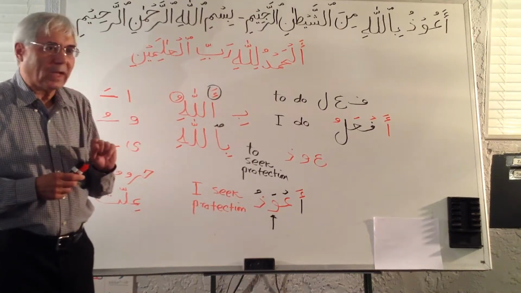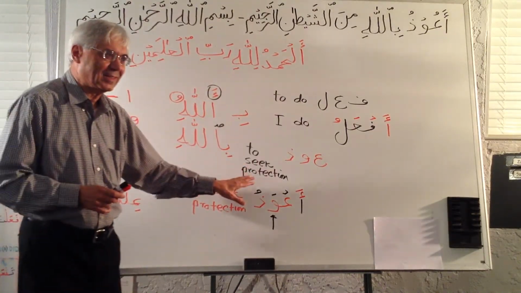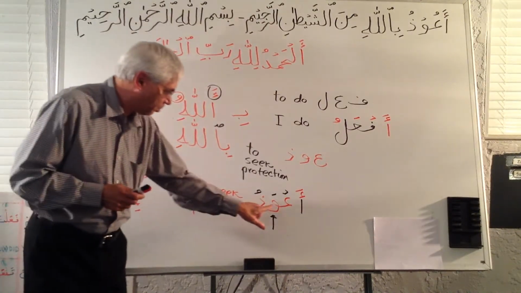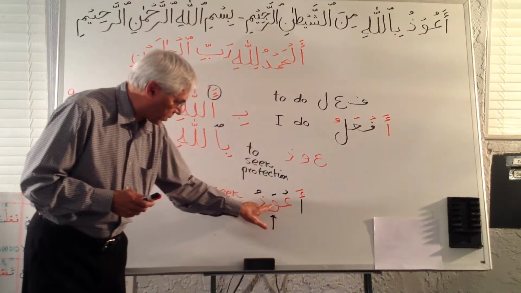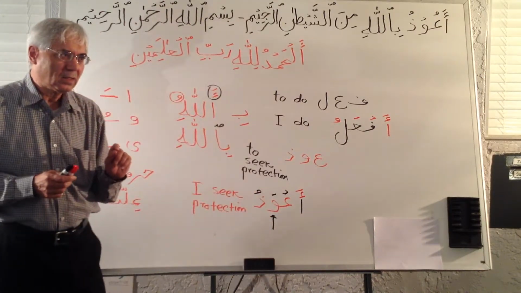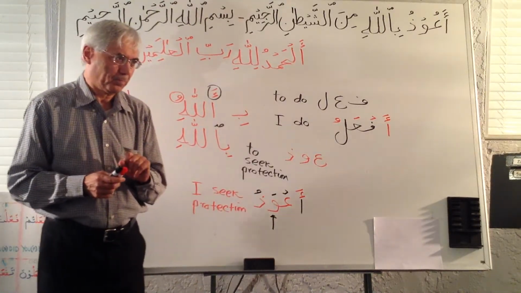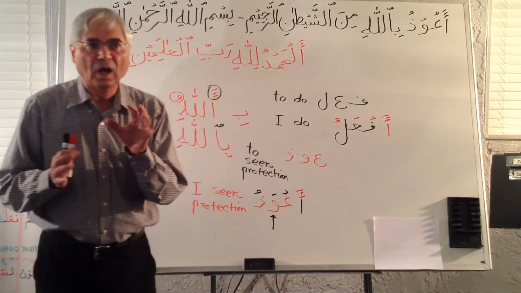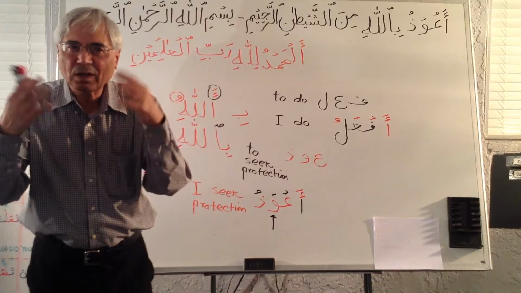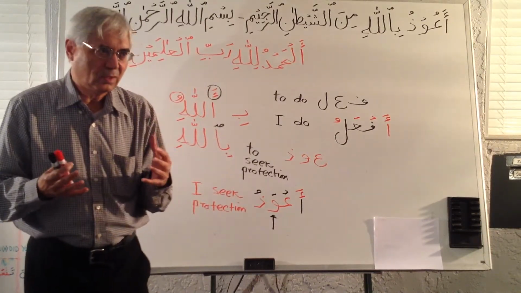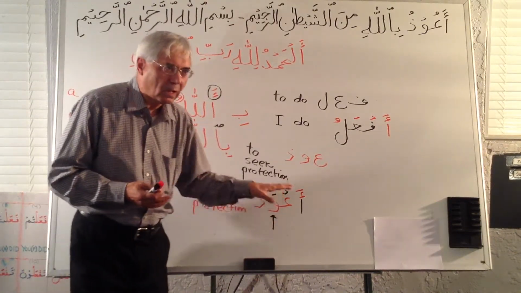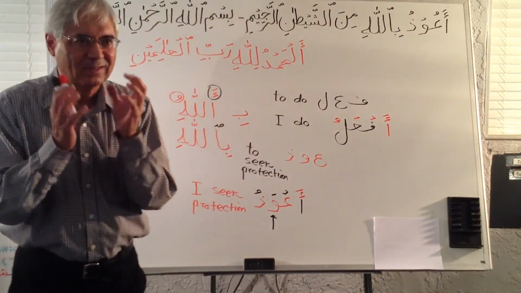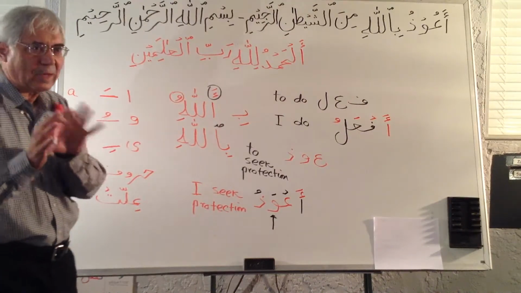So how do we do that? We cannot just randomly change the sign here and say, okay, that's working. The rule is that we look at these two letters, ayn and waw. Also, if you notice, when I am trying to pronounce it, I have to put a little pressure on myself. This is wa'udhu. It doesn't sound very good, and it's stressful and not very polite.